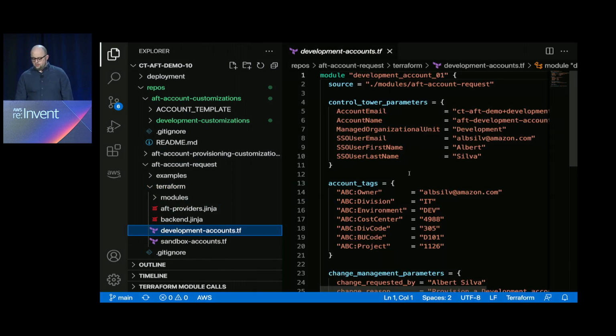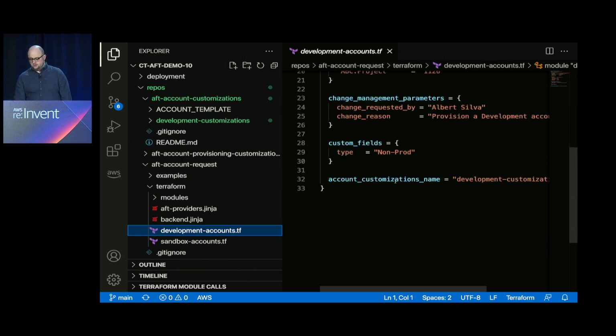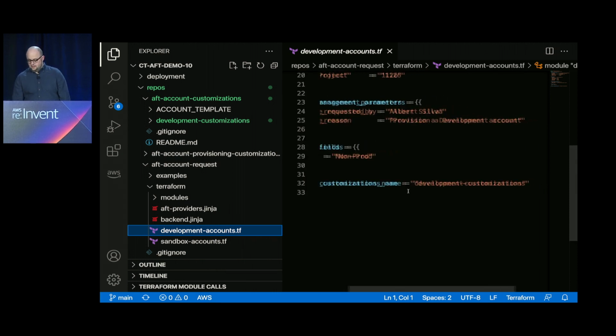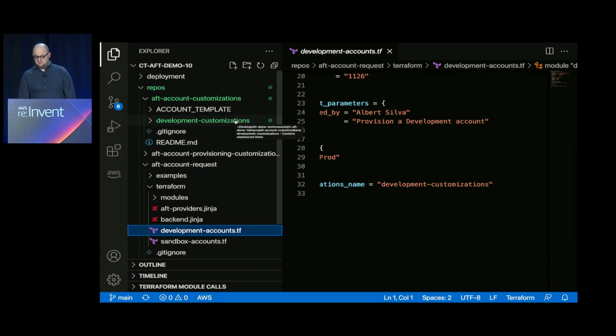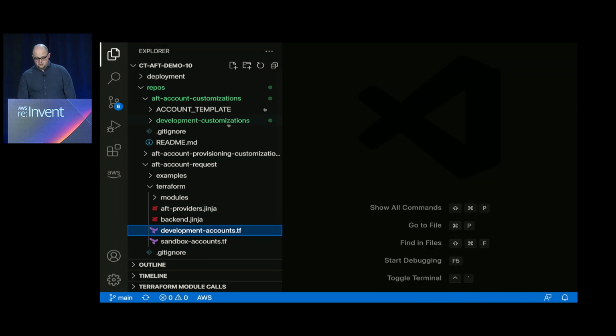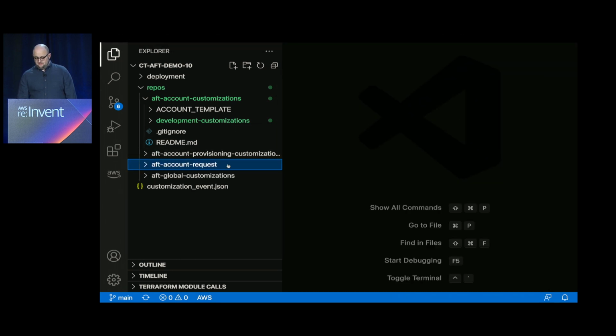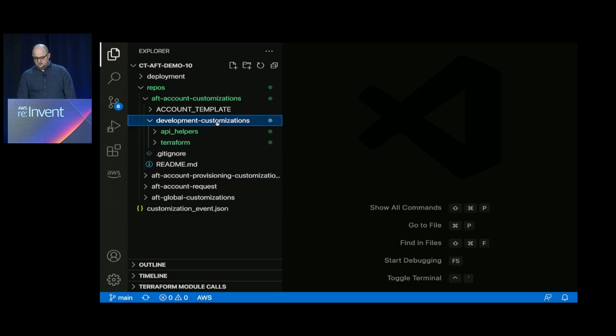Our control tower parameters, our tags, our change manager parameters. But now we have one extra variable, which is account customizations name. And this name, development-customizations, matches this folder over on our account request, account customizations repo. That means that development account is going to get this particular customization.